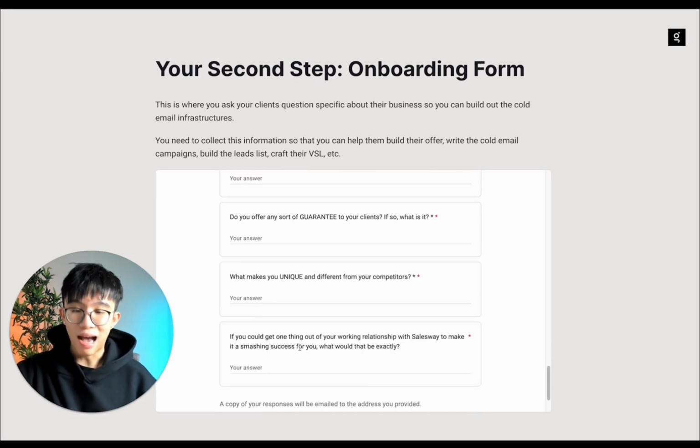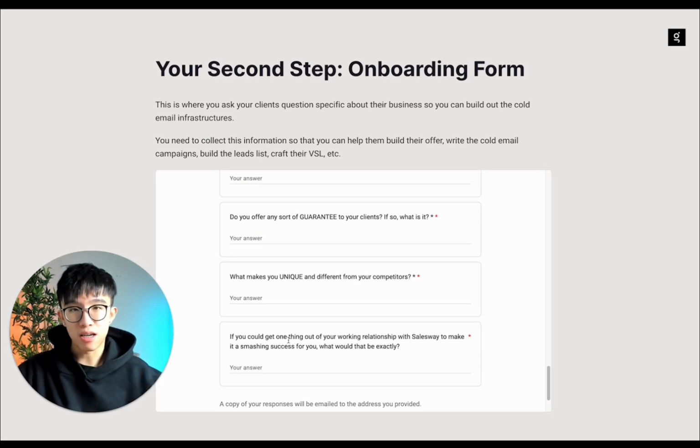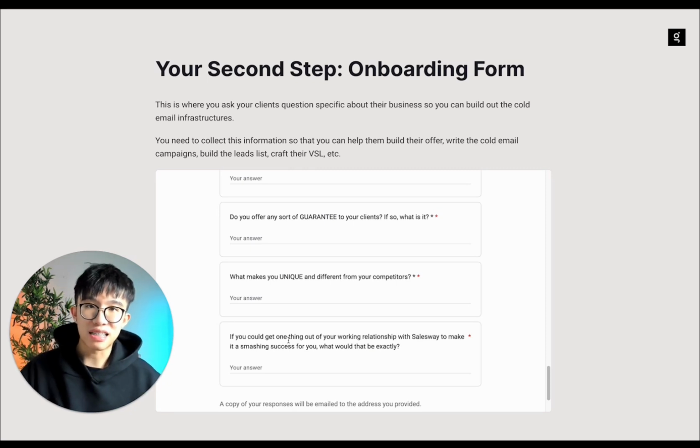And finally, I like to ask this: if you could get one thing out of your working relationship with SalesWay.io, my own agency, to make this a smashing success for you, what exactly would that be and what does that look like? So this way we are establishing what their expectations are. We're finding out what success looks like for them. And we're getting that written out so that as we are reading through this form, I can take the priorities and apply them into the service delivery